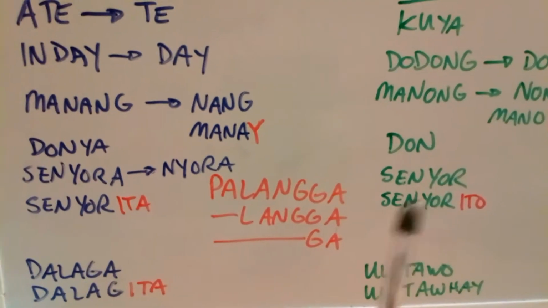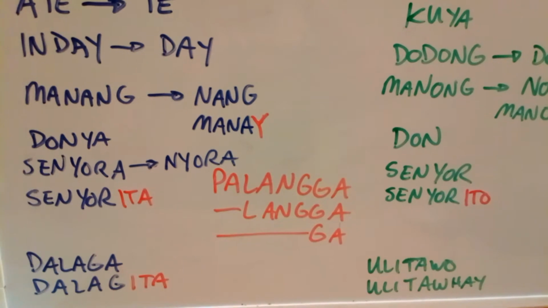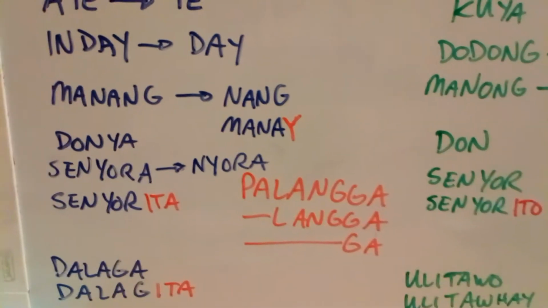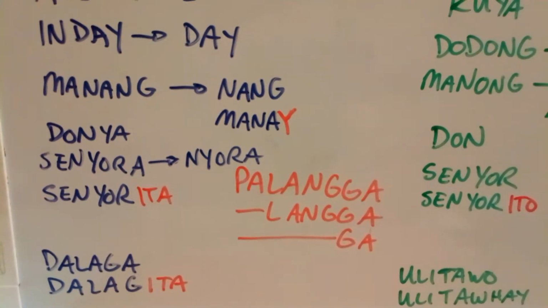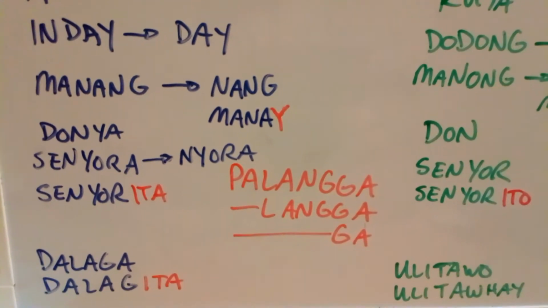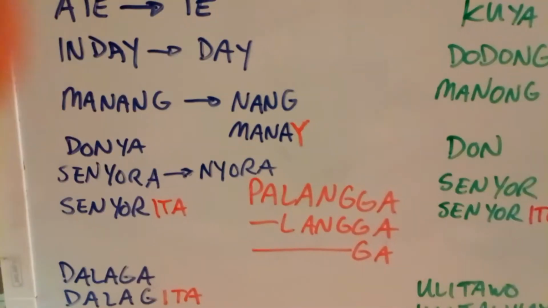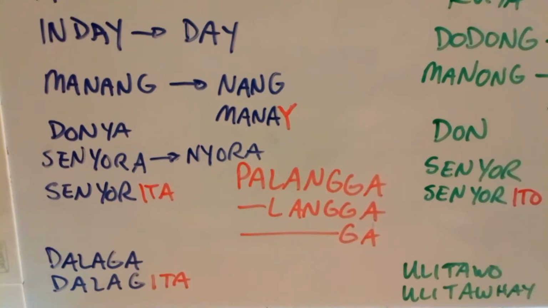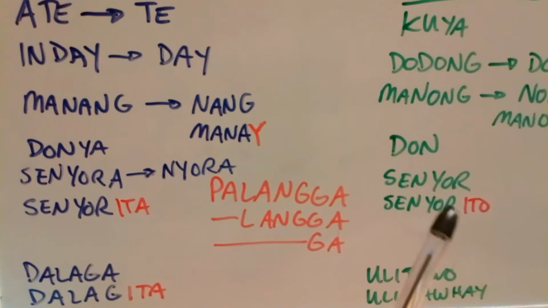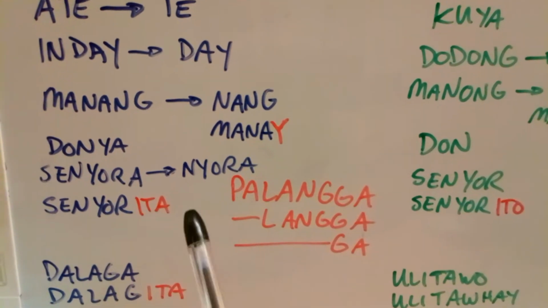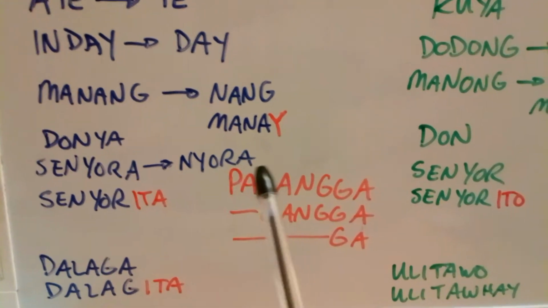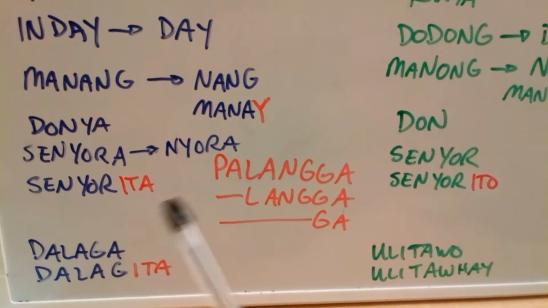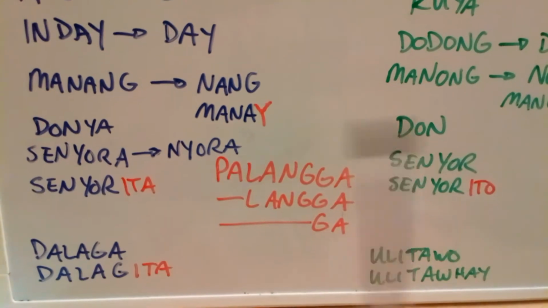Señora and señor, same thing again with the class titles. Señora is very formal, and señor is very formal. They're terms and titles that you use with females and males who are way older, right? The shortened form of señora is ñora, right? And then we also have the diminutives, señorita and señorito.